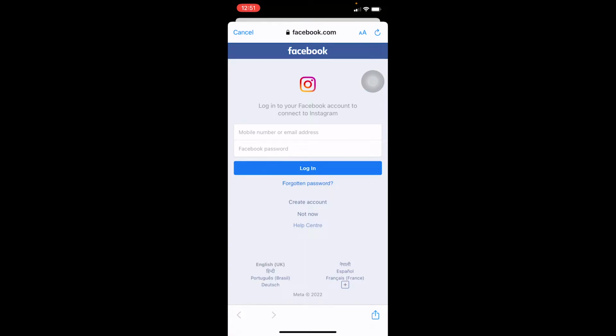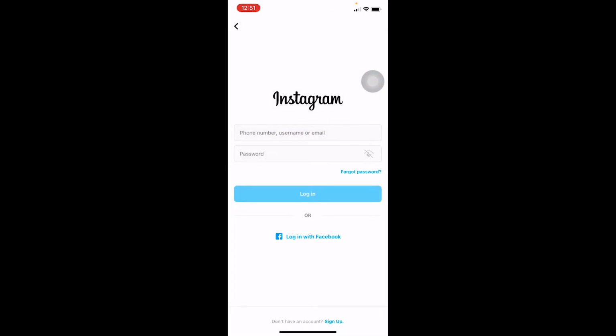Over here you need to enter your mobile number or email, whichever thing you used when you created your Facebook, and enter the password of your Facebook and click on login, and it's gonna log you into your Facebook, and through there your Instagram account will open up instantly. Alright, if you created your Instagram account using Facebook, you have to do that,